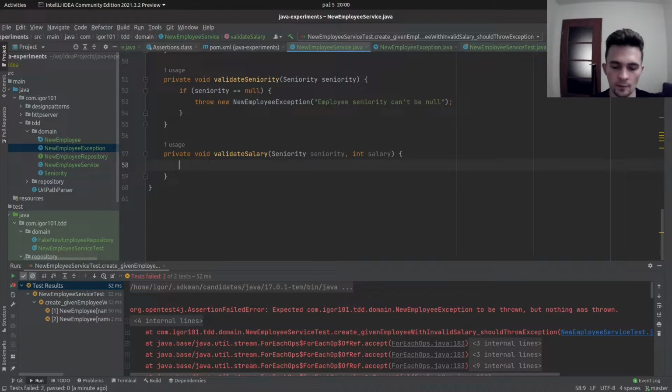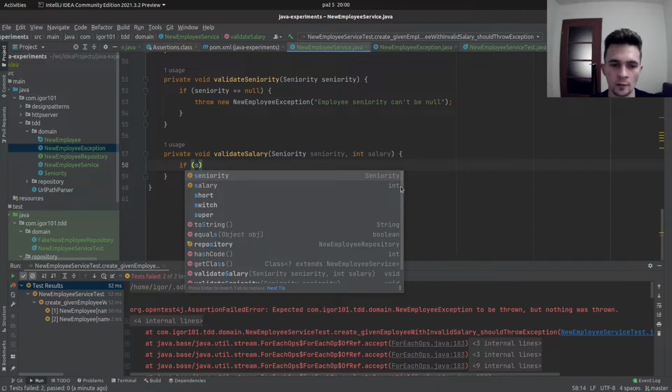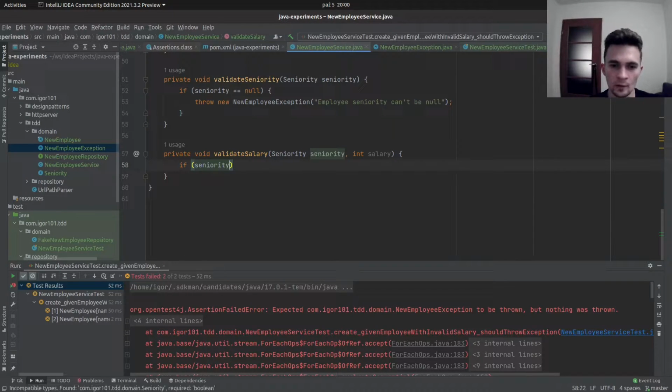Okay, and let's say that if salary, or maybe let's do it step by step. If seniority is junior,